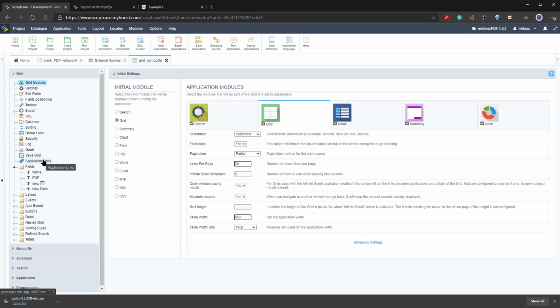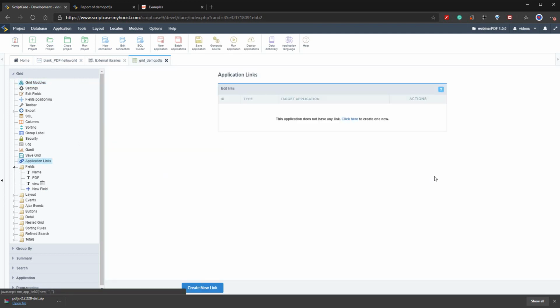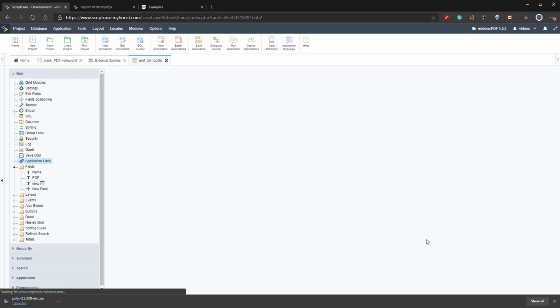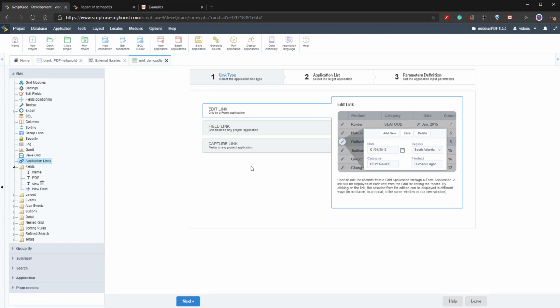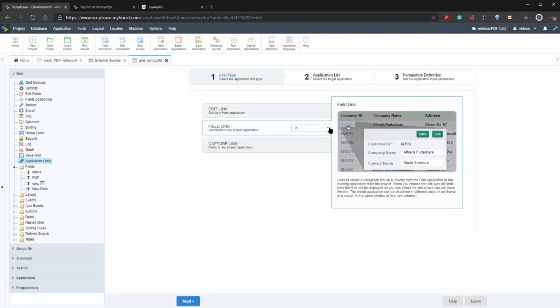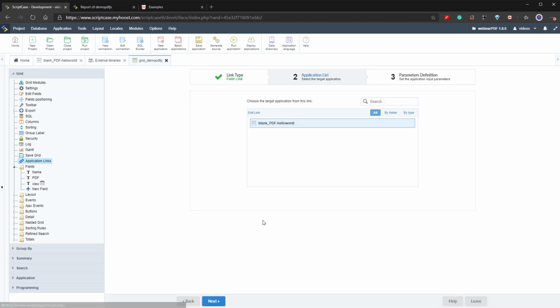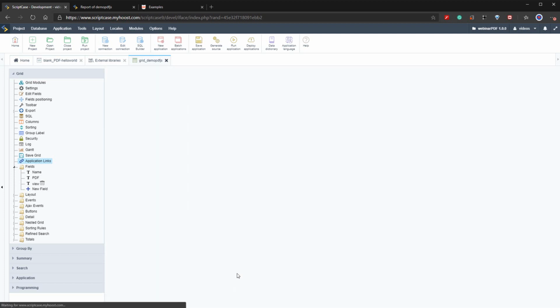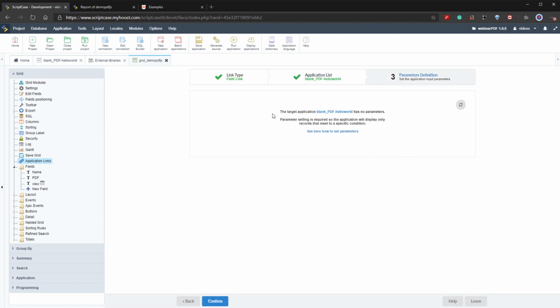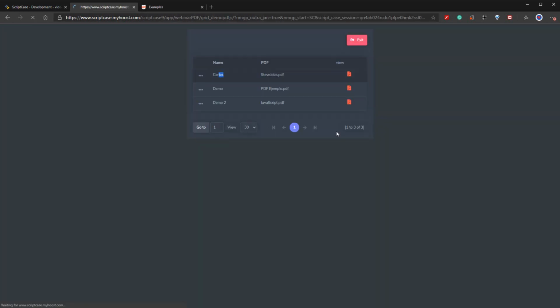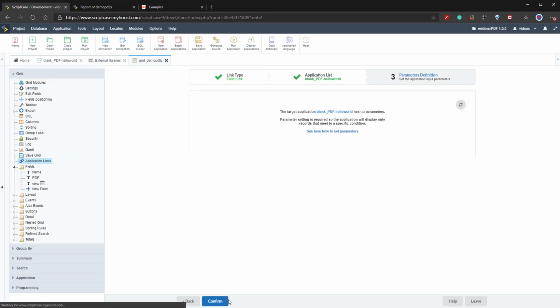So now within the grid application, I will select the application links, and I will create here a new link. Okay, and because it's now a field, I need to select the field link and select from the drop down menu the field that I want to target, which is the view field. Go ahead and click next, and there, as it's the only application we have at the moment, blank PDF hello world, so I select next. This will then automatically open this PDF on click. So if I go ahead and run this again, confirming first will of course help,